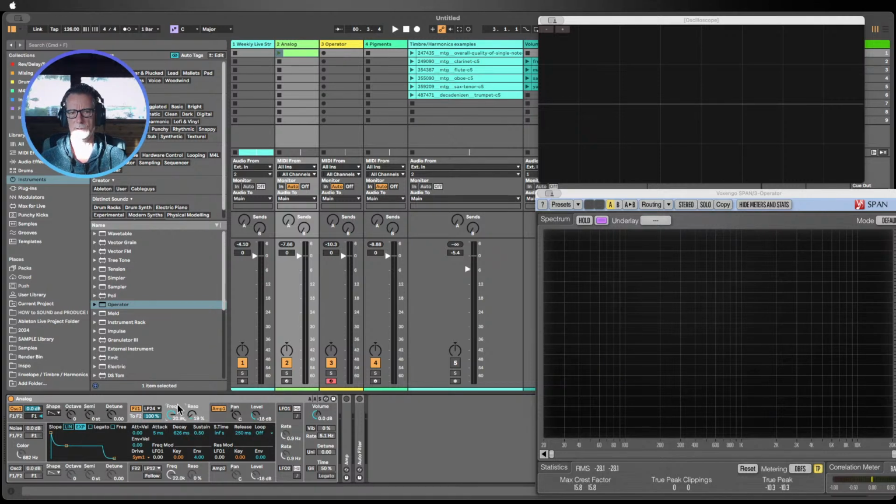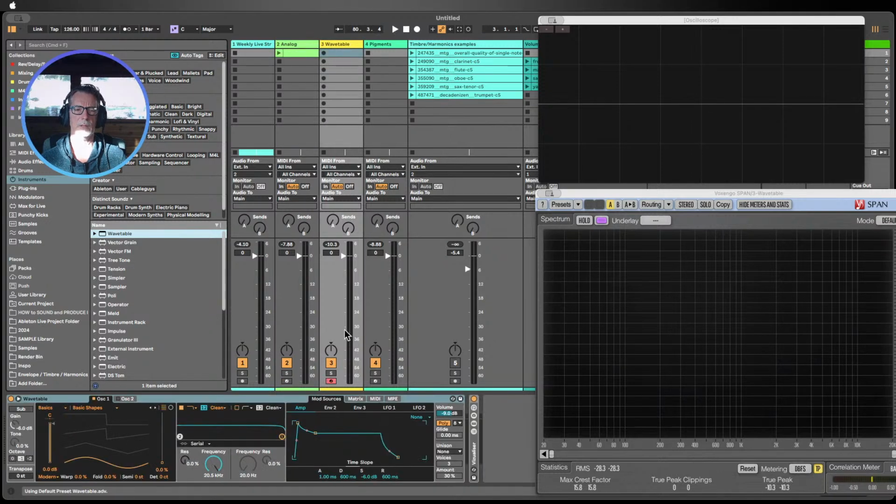In analog, it's already there. It's got its own dedicated envelope attached to it. Let's say with wavetable, for example, if we put that back on this other track, that doesn't have that. But we do have two spare envelopes in wavetable, and generally for me, one of the first things I'm going